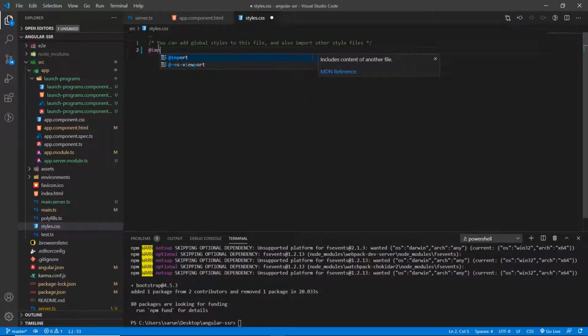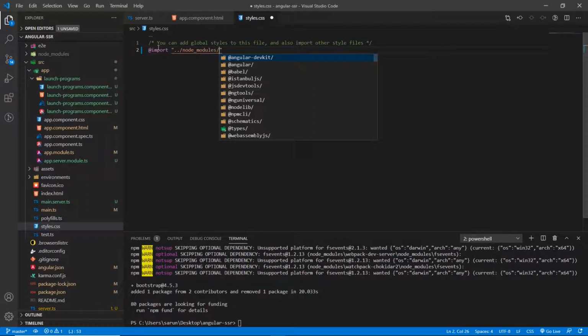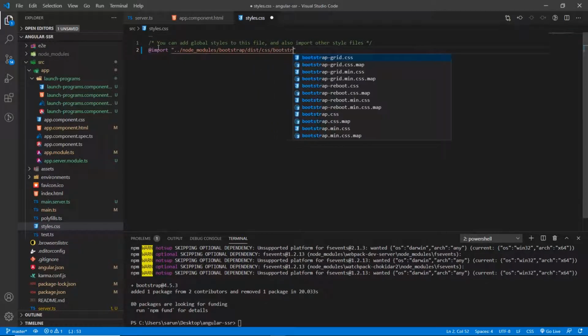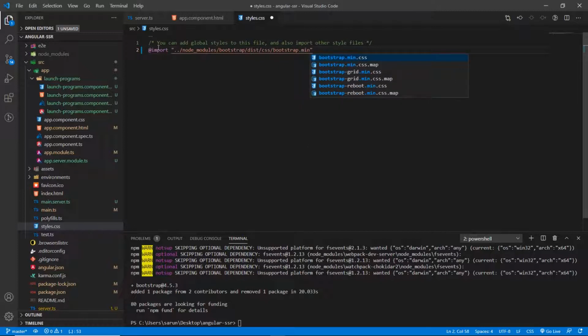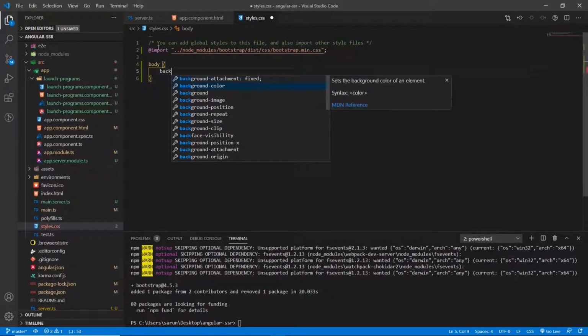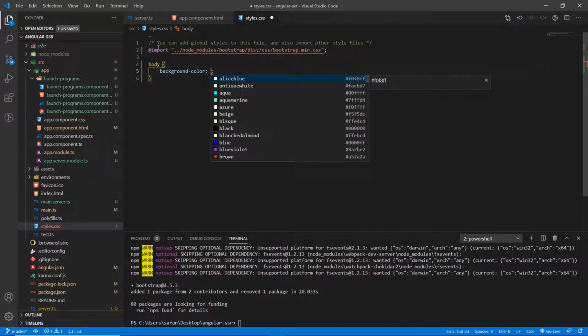Add @import node_modules/bootstrap/dist/css/bootstrap.min.css. This will import the Bootstrap CSS into our application. Now let's give a background color to the body. So body, background-color: